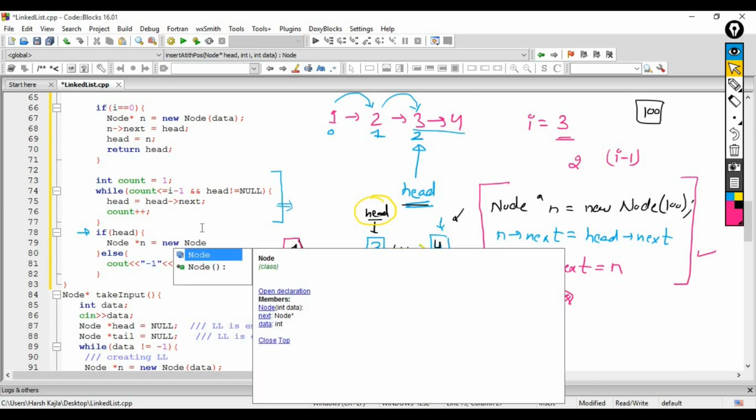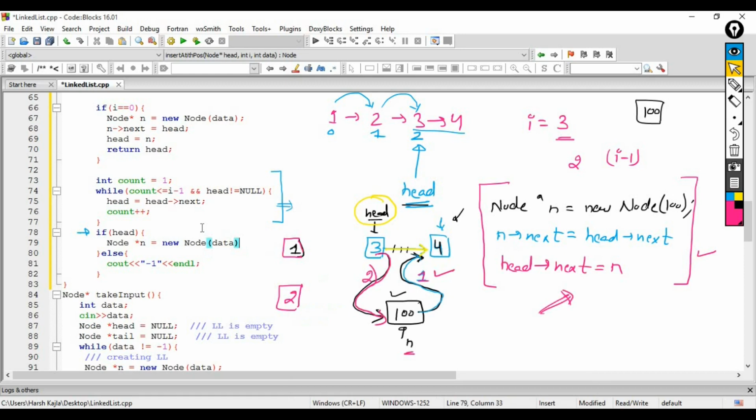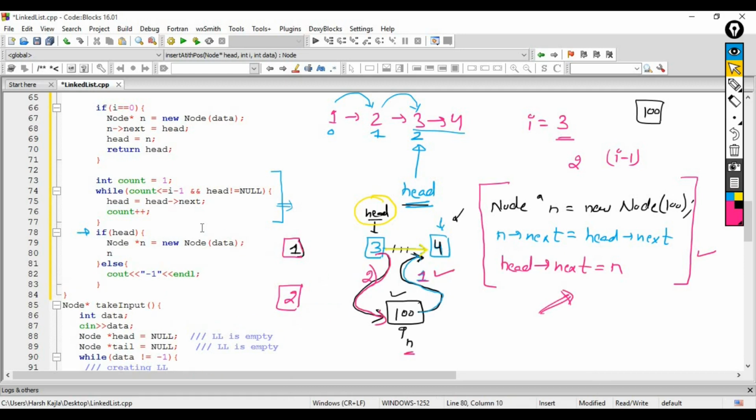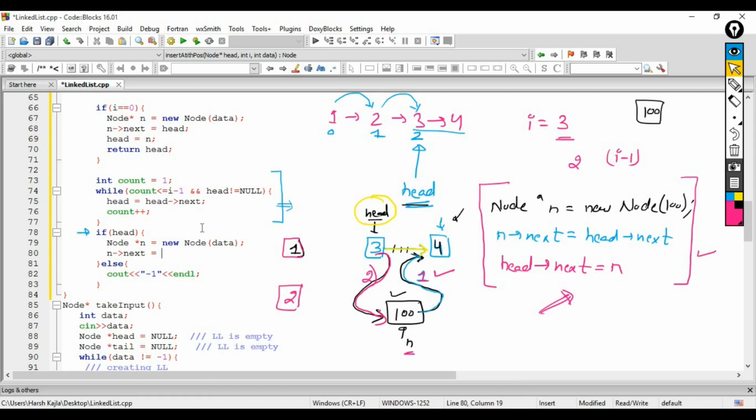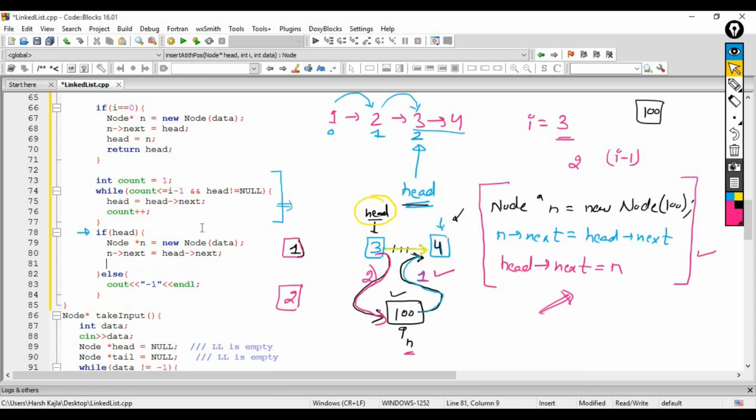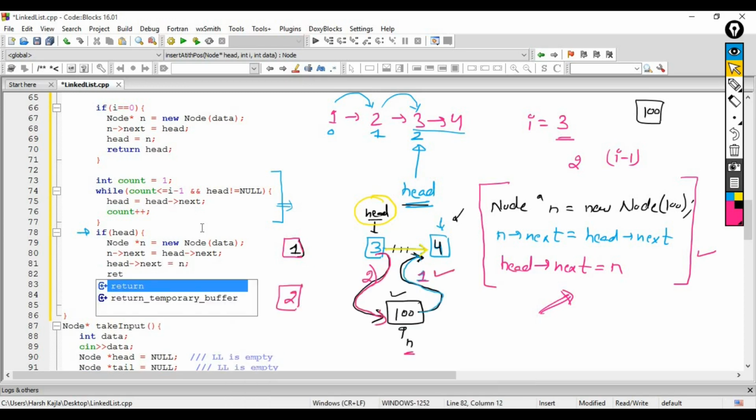So I am creating a new node with the data, and then the next of n will point towards the next of head. Simple. And then the next of head will point towards n, and after that I will return head.